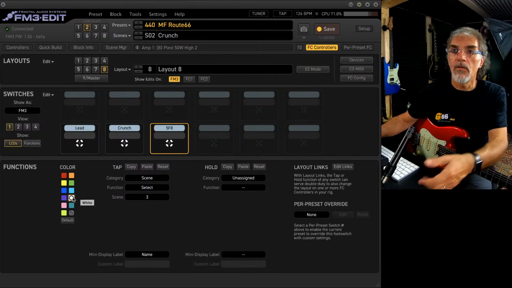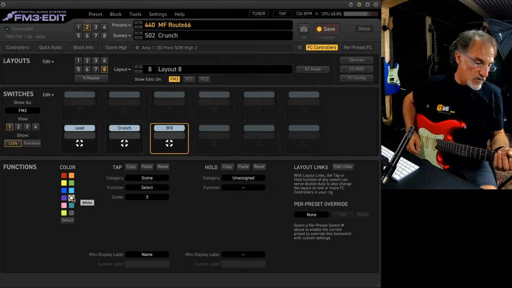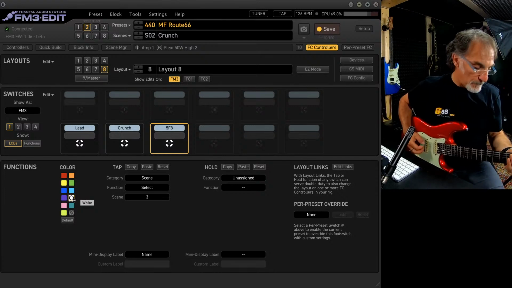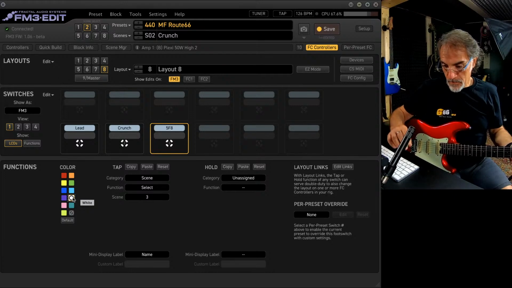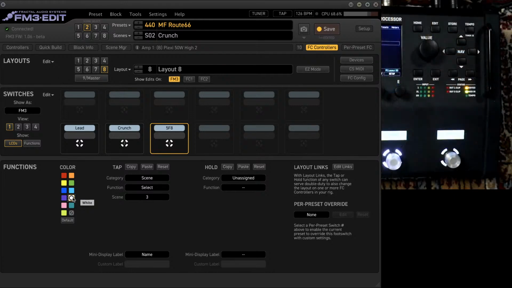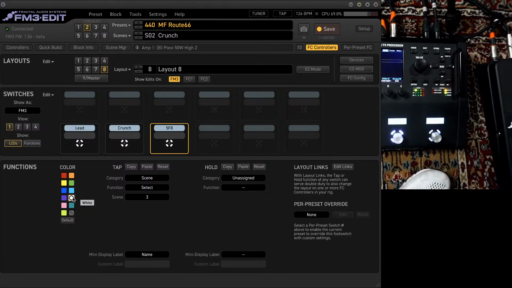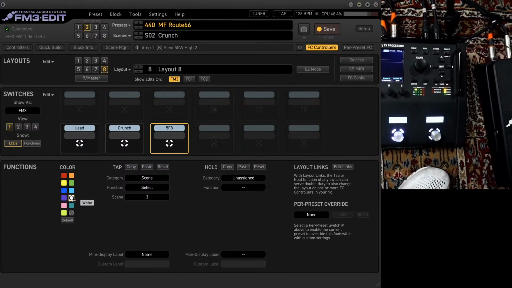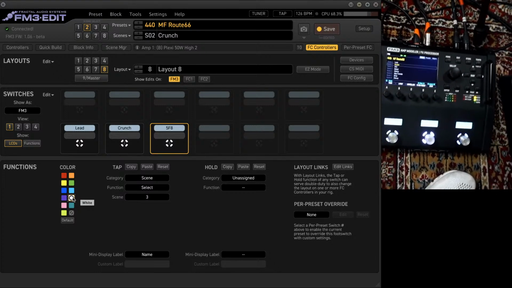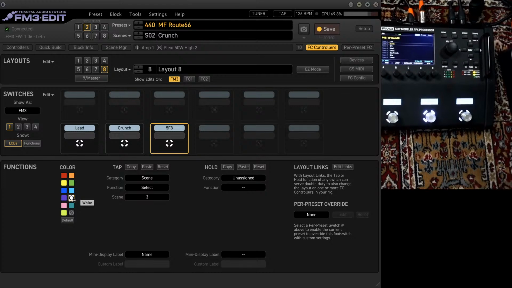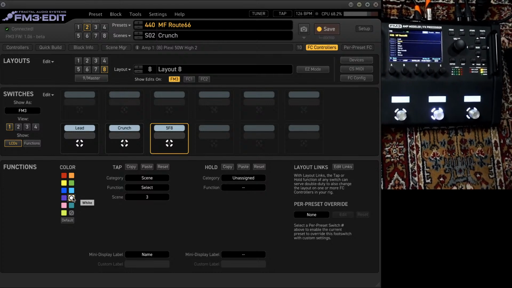Okay, so now when I press the crunch, I would like to show you. Let me check. You can see also the foot switch.